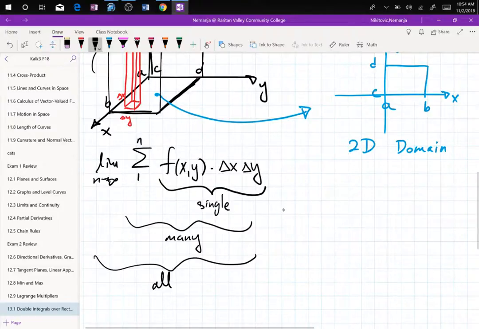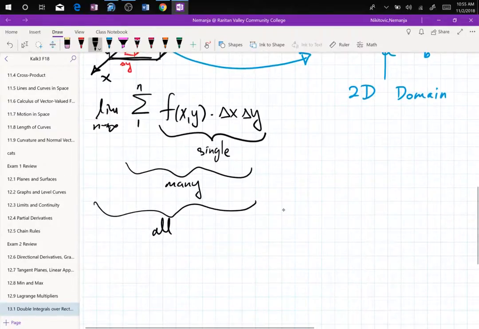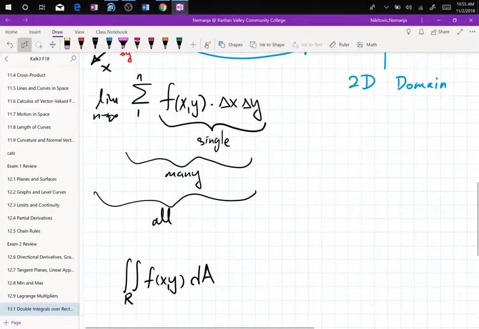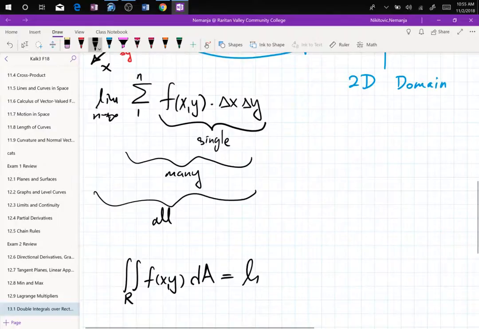And now we call that double integral. So this Calculus 1 Riemann sum is now written this way: double integral over rectangular region R for function f of x y, and we say dA, I'll explain that as well, is equal by, now this is the definition,